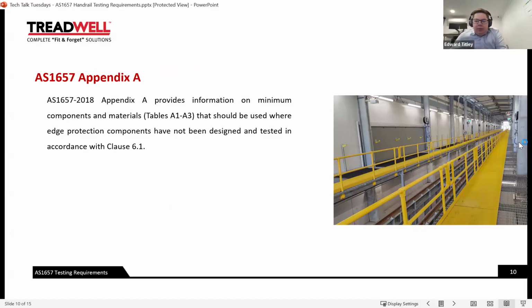Appendix A of AS1657 provides information on minimum components and materials. So that's section sizes and materials that, in a nutshell, should be used for edge protection. Where the components are not any of those items, and we'll look at those tables shortly,